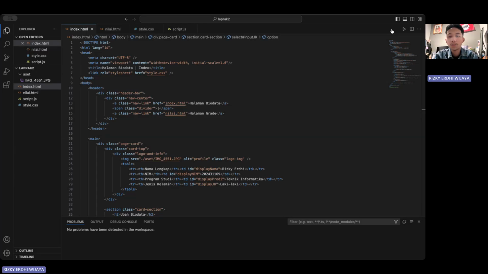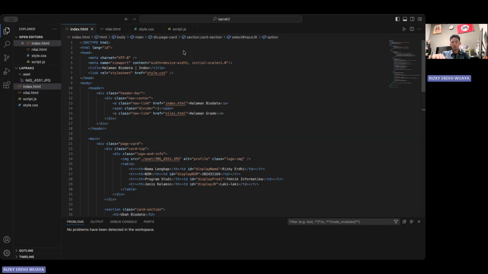Hello everyone. In this video, I will explain the structure and functionality of the web program that includes HTML, CSS, and JavaScript. This program is designed to display page content in a clean, organized layout while providing basic form interaction for the user. I will walk through each part of the code and describe its purpose.